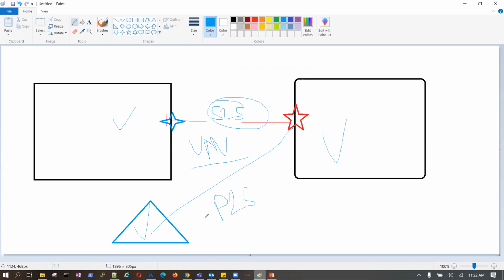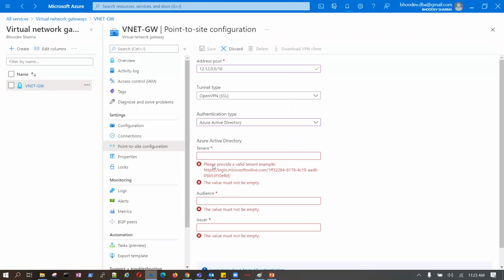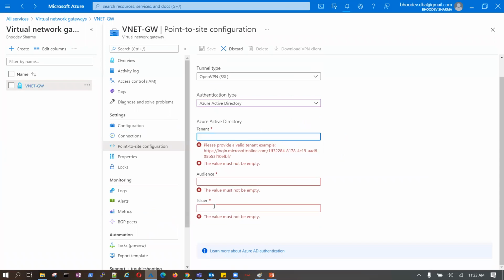The person who is creating a P2S has information for both sides. How do you want to use it? Use Azure certificate, RADIUS authentication, or Azure Active Directory. Based on your authentication, I say Azure Active Directory. Now it will ask me the tenant, and it will ask me the user as well.